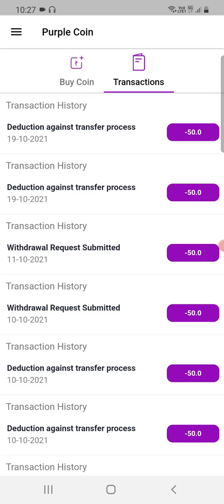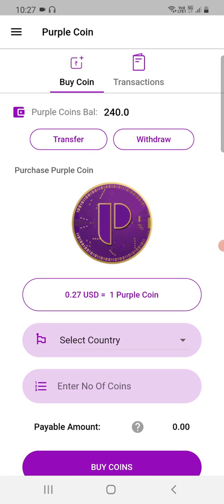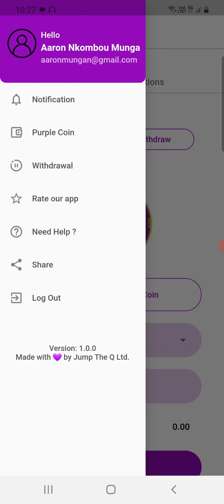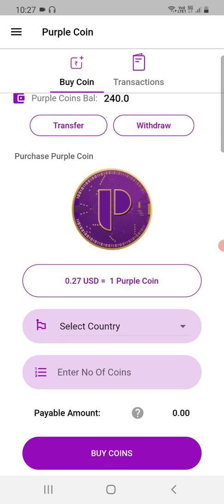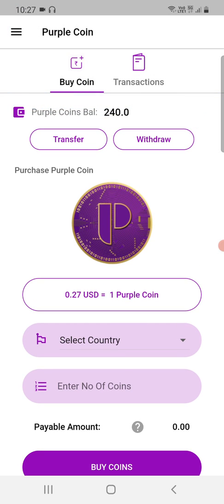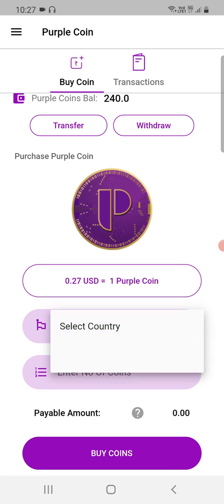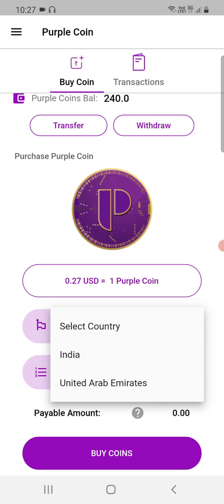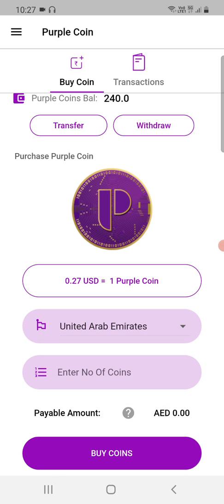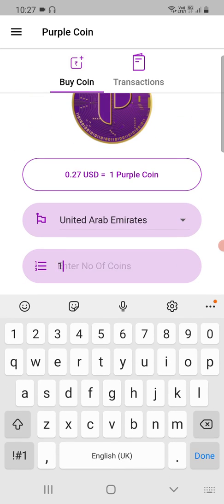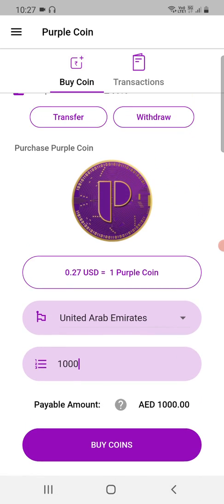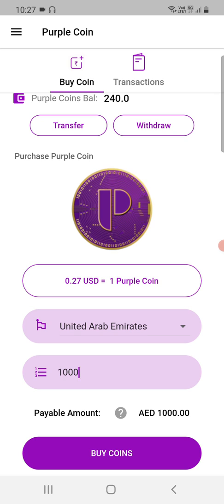And you can see my transactions in and out. And you can see I have 240 purple coins left. We also have a menu option here, which is very useful, but most things can be done from this interface. So the first thing is, let's assume that I had 0 coins and I want to buy some coins. All I need to do is choose where, and I will select United Arab Emirates, and I will enter 1000 coins. And once I do that, you see it tells me that I need to pay 1000